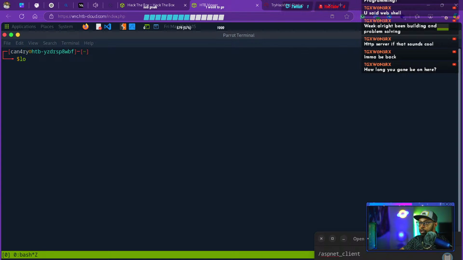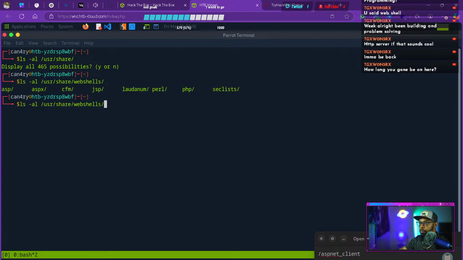So first thing is, we're just doing an ls, and we're going to go to /usr/share, I believe is what it was. Now, what's the rest of that path? Sheesh. Let's try webshells. Yeah. All right. So now we found out where the web shells normally are in our pathway. This should be in your Kali Linux, unless you've been messing with stuff, your Parrot OS, all of that. With that being said, these are the main